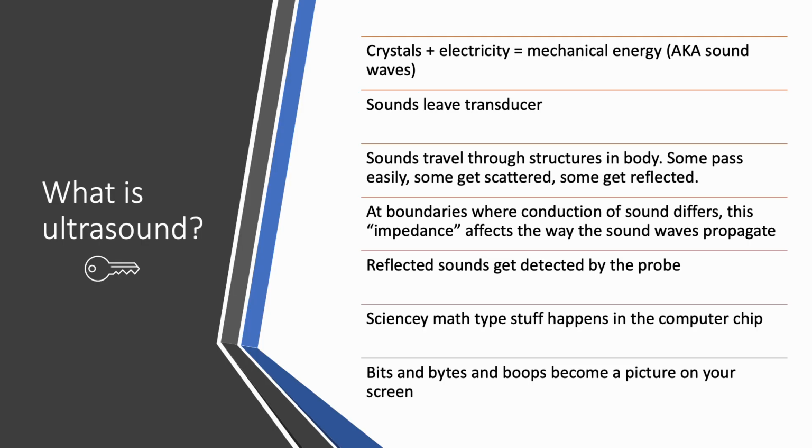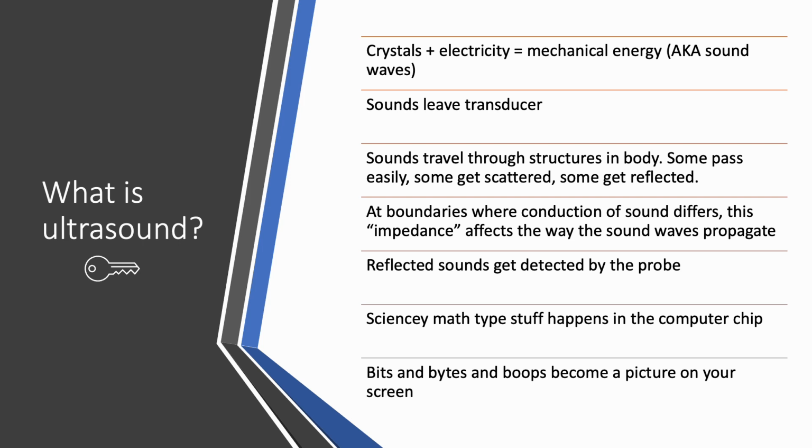So explaining ultrasound and explaining the physics behind it can get really complicated. And so if I was going to give you one key slide, and you'll notice that little key symbol there on the left, to remember, to understand what I want you to take away from this, this is that slide. In the most basic of terms, ultrasound relies on wave generation, wave propagation, wave interaction, and then wave signal reception and processing. So crystals and electricity have to come together to create mechanical energy in the form of sound waves.